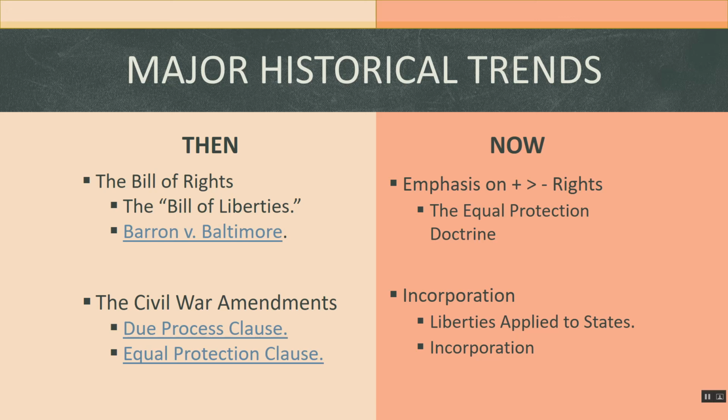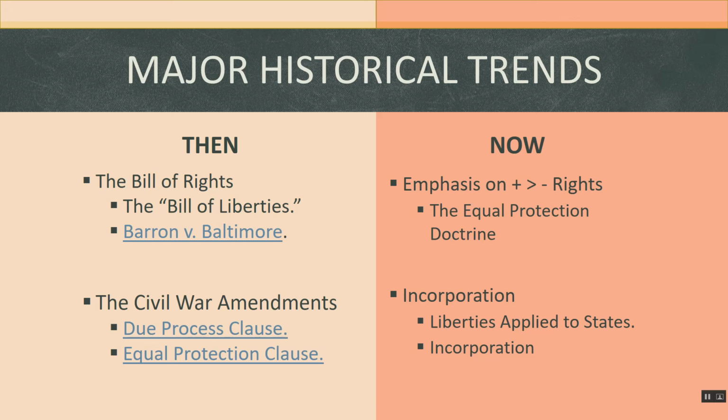In other words, it tells us that the government should not discriminate, that it should abstain from discrimination. But starting in the early 1900s, this clause is going to be reinvented and reinterpreted by the United States Supreme Court to create the Equal Protection Doctrine, arguing that it is not enough to abstain from discrimination. In addition to abstaining from discrimination, under the Equal Protection Doctrine, the government must also actively protect citizens from unequal